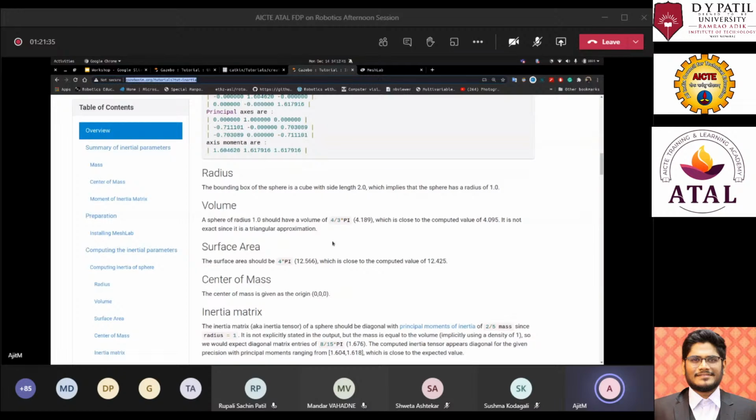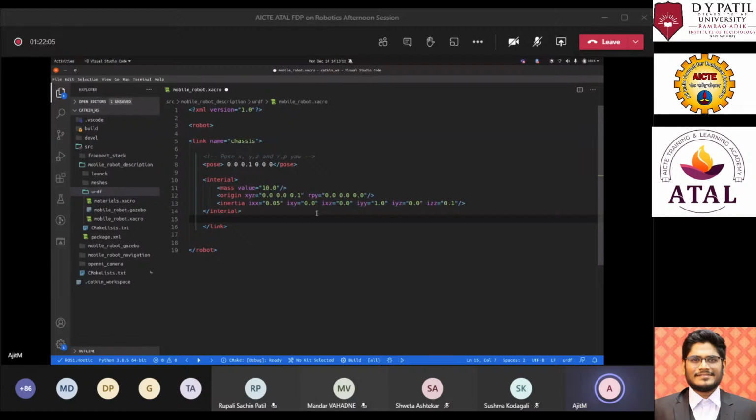So here I'll go back to the code again. Here I have computed the inertia matrix for the specific link which I'm going to make here. Now this is a rectangular link, which is a base link to which everything gets connected. Next, when you're defining the link, this is the end of the inertial tag. You need to mention three things in this inertial tag: mass, origin, and the inertia matrix of the link.